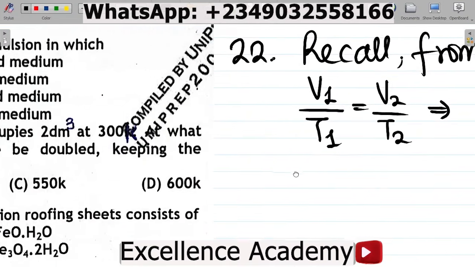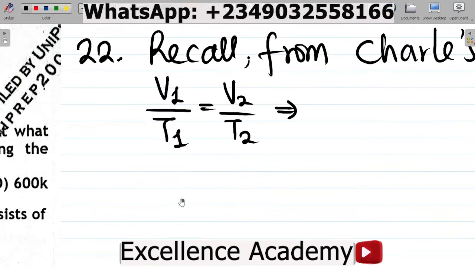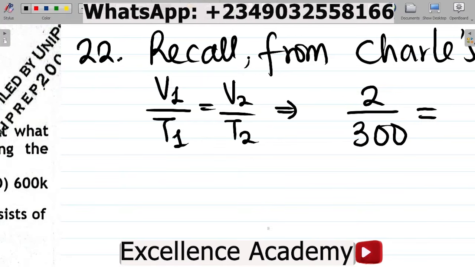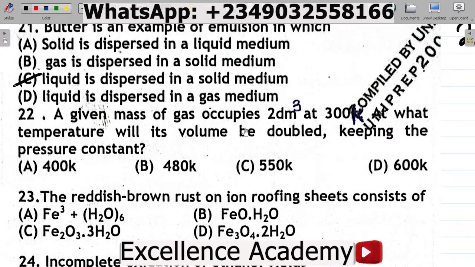Now, continuing from here, they said a given mass of gas occupies 2 dm cube, that's your V1, at 300 K, that's the value of T1. So we have 2 all over 300 is equal to, now you're asked, at what temperature will its volume be